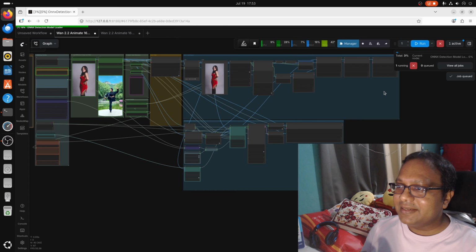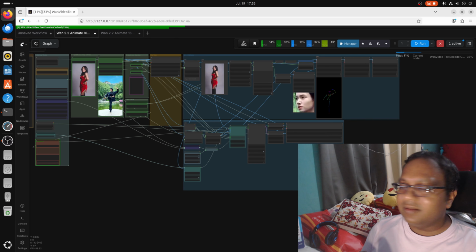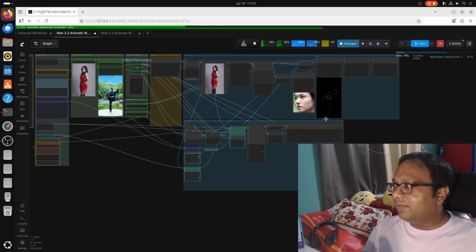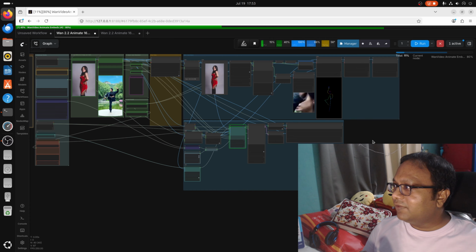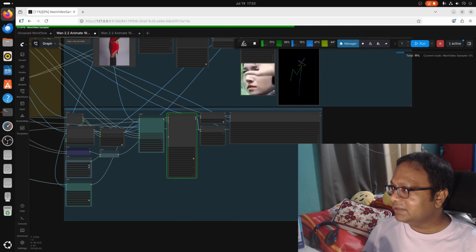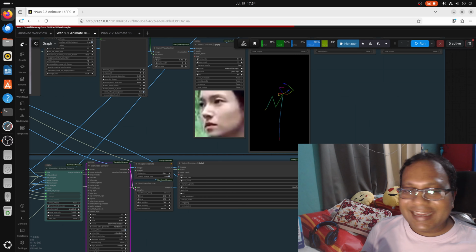Okay, so once it's done, you can see the reference image has been uploaded here, and what this workflow does is it checks for your face here, and then it checks the motion. So the first 20 frames has this kind of motion that's happening around here. You can see I've got this error. So what I can do is now